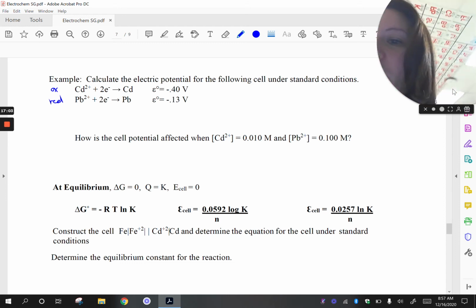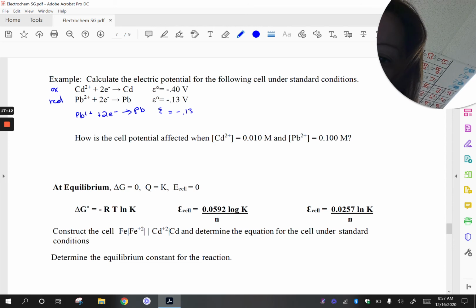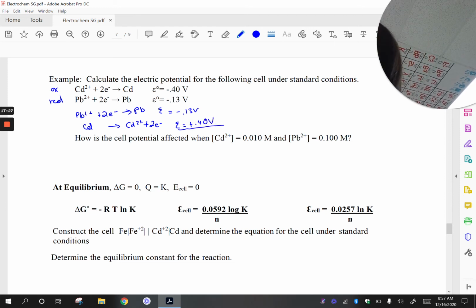So we have Pb2+ plus 2 electrons yields Pb. This one's as is, negative 0.13 volts. But the other one would be the flip. Cd yields Cd2+ plus 2 electrons. And because we flipped it, we're going to flip the potential, so positive 0.40 volts. And so altogether you get 0.27